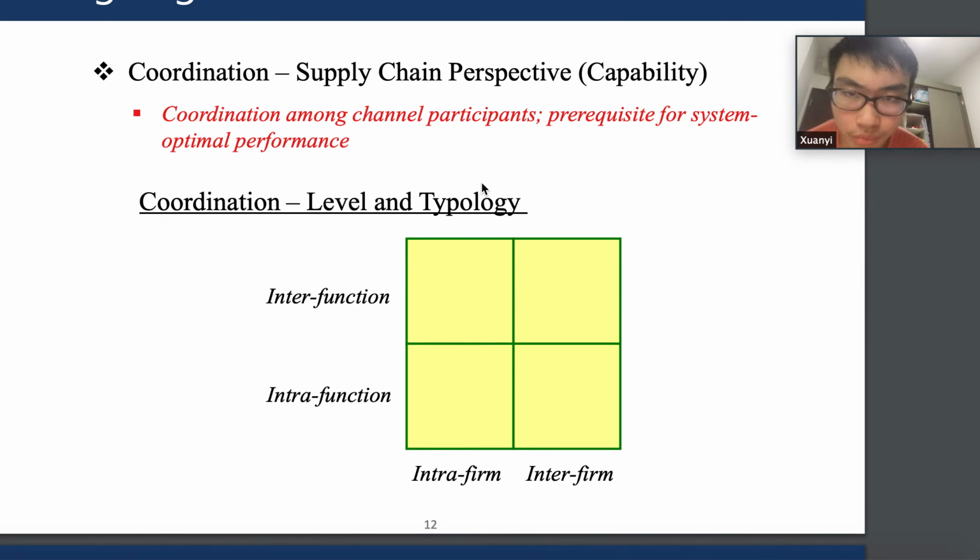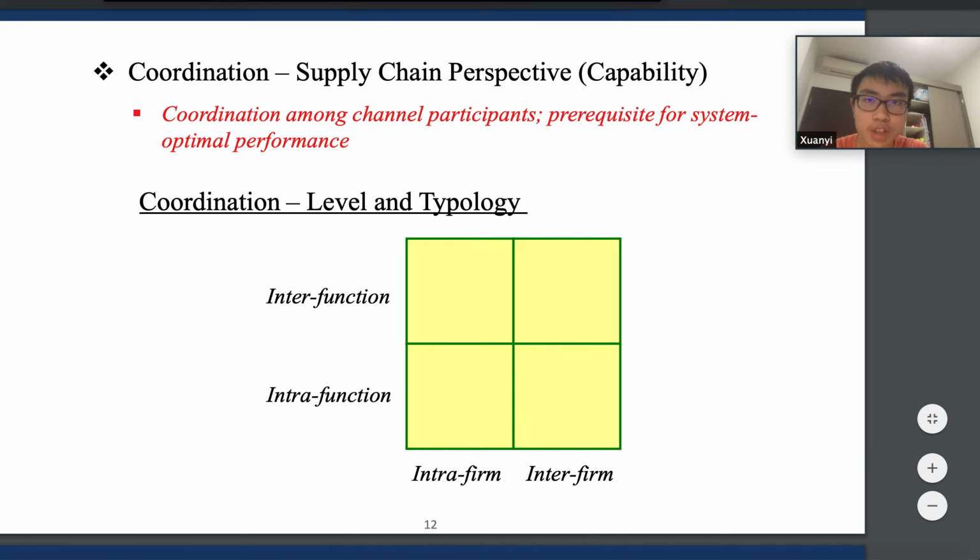Okay. So coordination is really important. Coordination is basically when you compromise between different elements inside your business. So coordination among channel participants is a prerequisite for system optimal performance. For example, right here, we have intra-firm coordination and inter-firm coordination. Let me do some writing right here. Okay. So in this case,